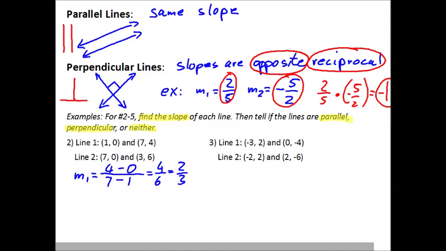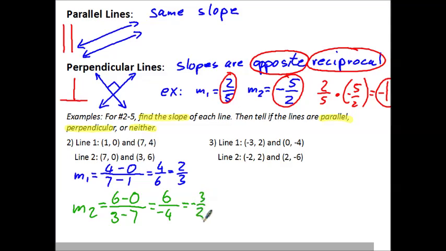All right. And then let's move on to line 2. Let's move on to M2. M2 has a slope of 6 minus 0 over 3 minus 7. And we get 6 over -4. And again, let's go ahead and simplify this. We get